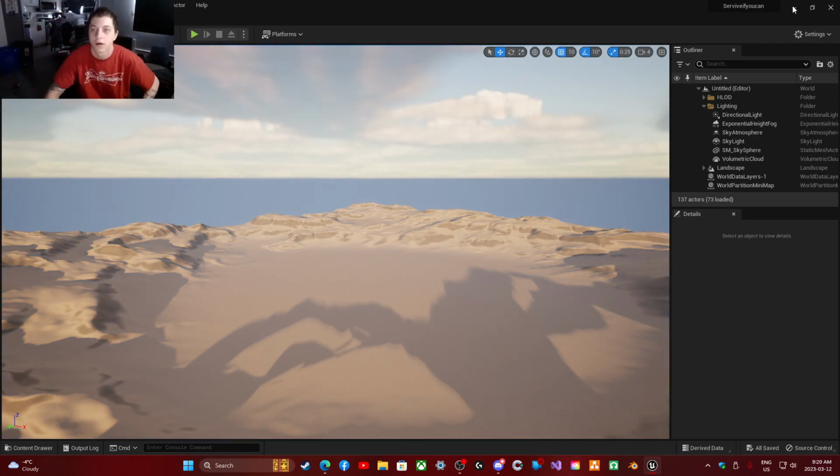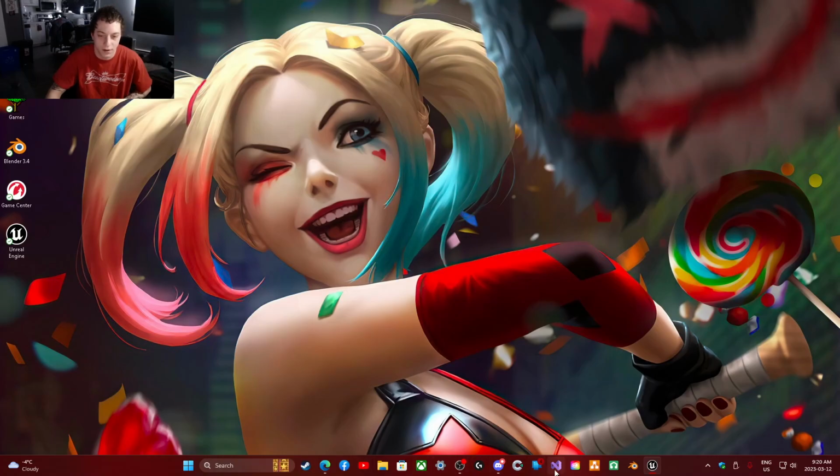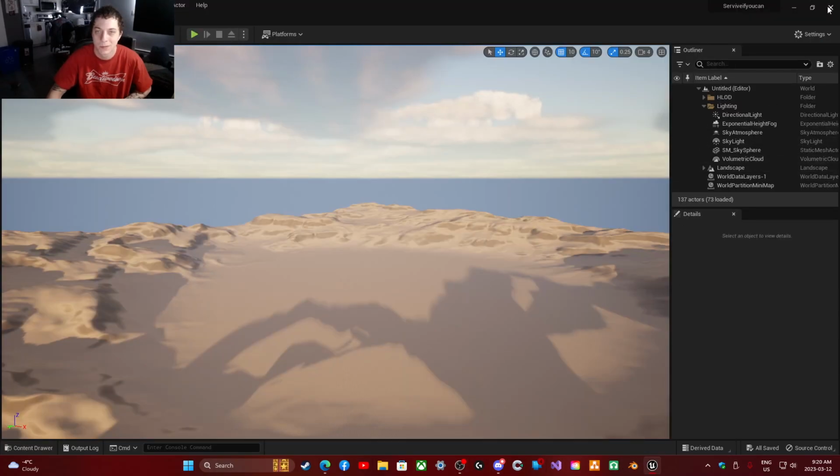We'll cover how to set up all of the user interface using widgets, and we'll add things like a main menu, a win widget,